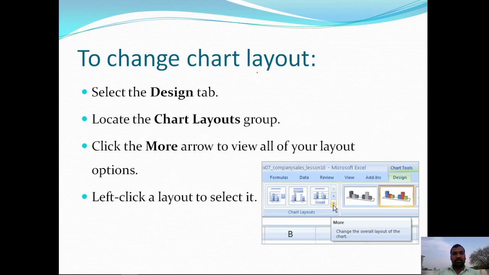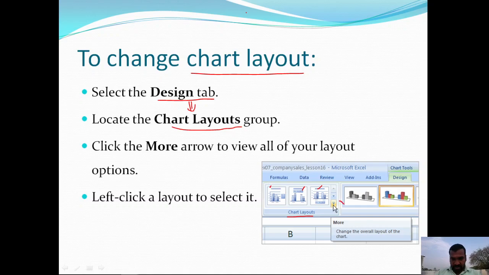The next one, change chart layout. Changing the chart layout is also available under the design tab. Go to the design tab and choose the chart layout group. This is the chart layout group and these are the different layouts.